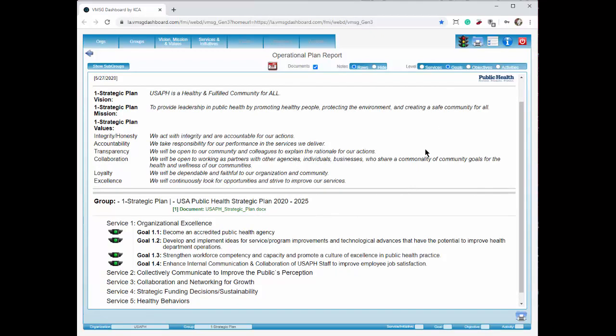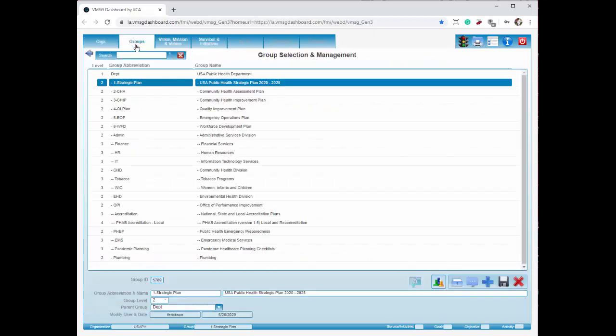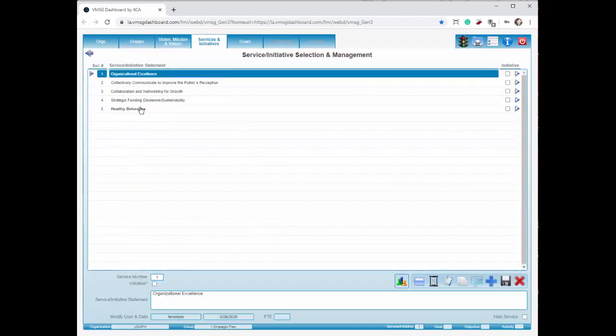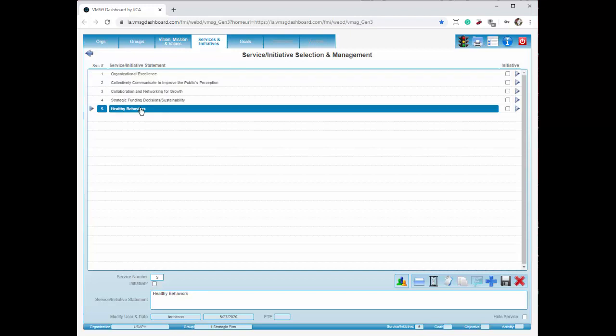Okay, now let's look at a couple of other nice features to use while you're developing or entering plans here. Let's go back up to our group screen here and go down to the strategic plan again, and under services. Now we're going to go down under healthy behaviors. We've entered a little part of a plan in there that we can use to show some of the nice